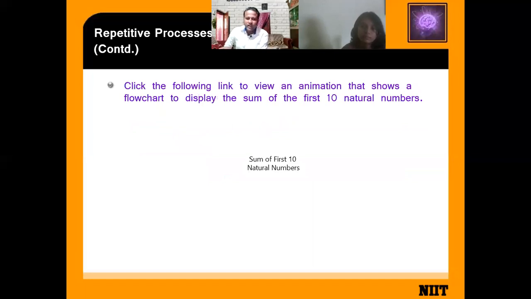Now I am showing you the dry run table to add the first 10 natural numbers. Natural numbers means the numbers that you count: 1, 2, 3, 4. We have to add the first 10 natural numbers and show the output. Now check here.